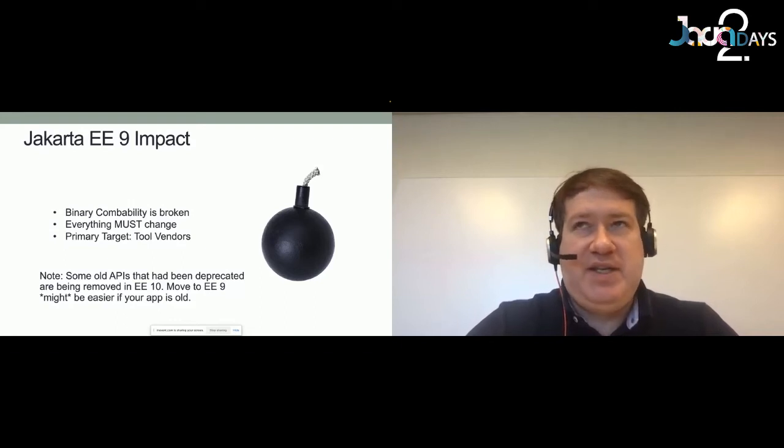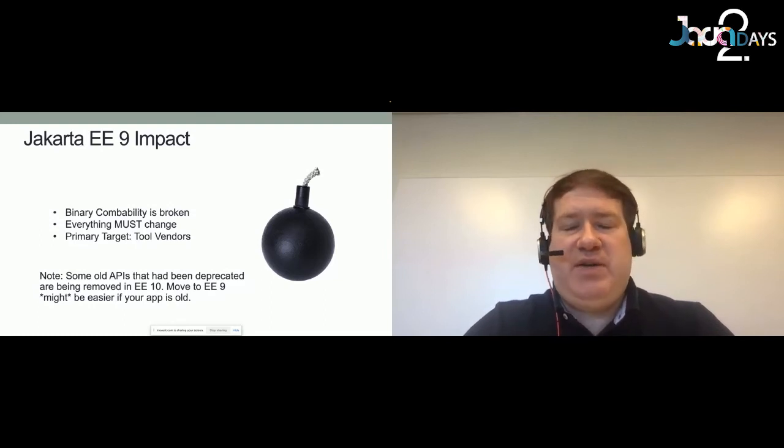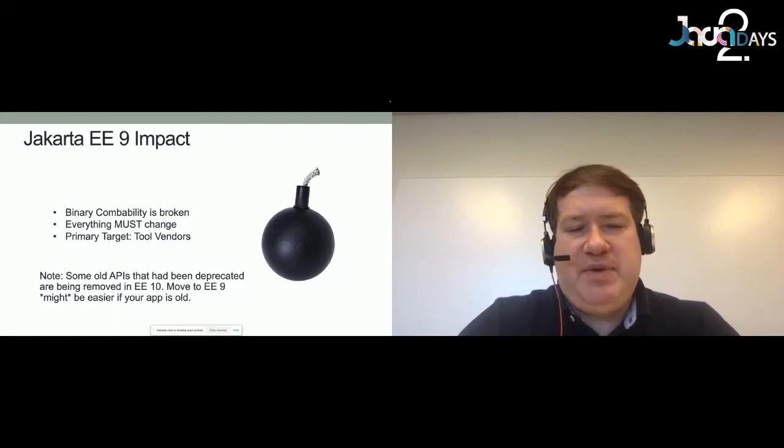Some of the containers have released candidates for 9.1, allowing you to test out your changes, but they're not actually going to release a 9.1. They're going to release when 10 comes out with the newer features, right? Because the only change for a server implementing 9.1 is the namespace changes.